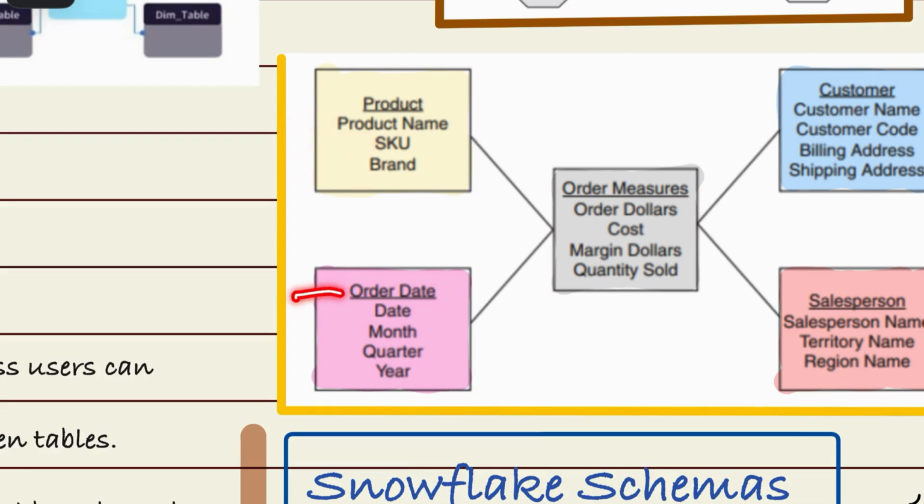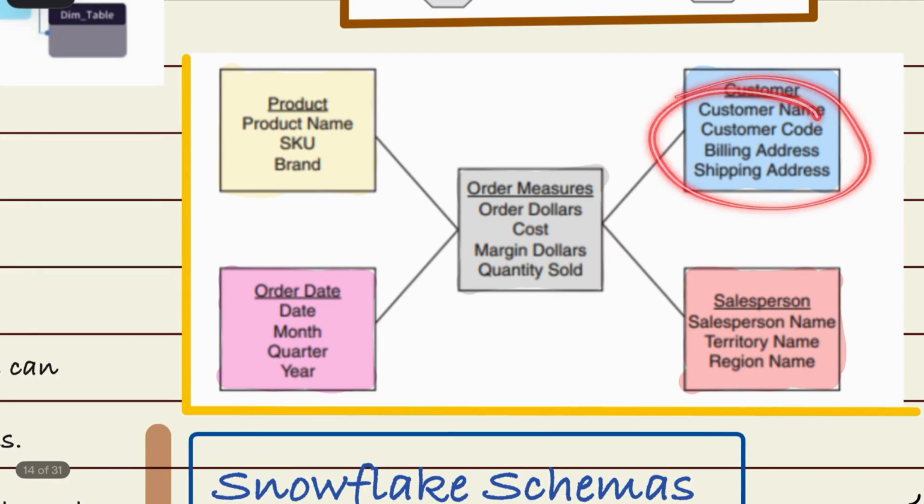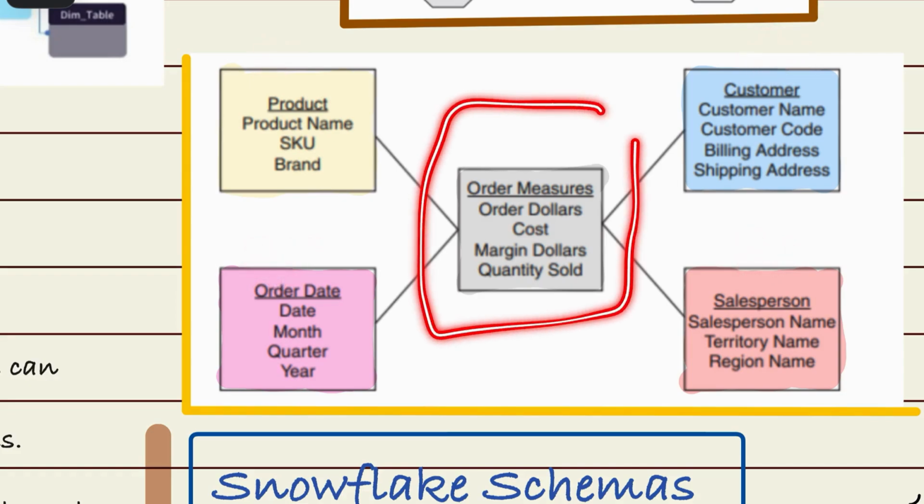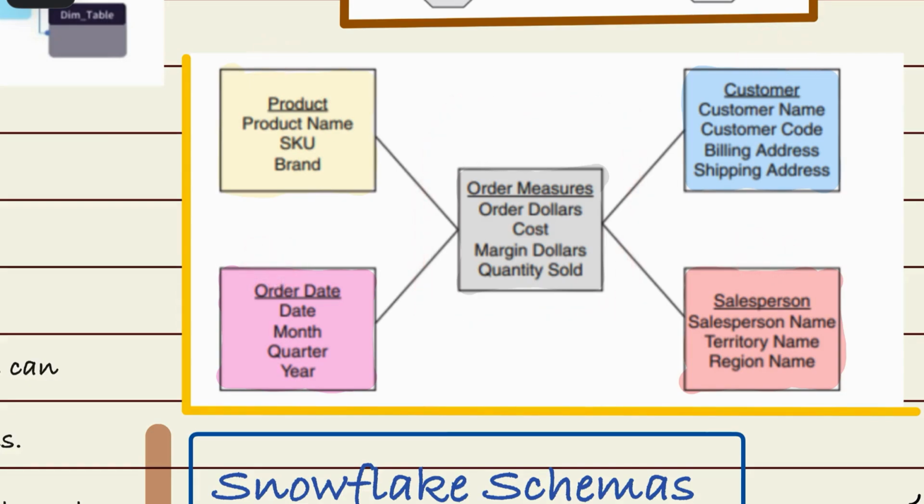Then there is order date, which contains all the calendar values. Then we have customer. Here we have all the details of the customer, and then we have the sales person. So these are the values which are not repeated again and again. But the order table is a table which is continuously increasing every day. So for example, you have 5,000 orders in one day, so there are 5,000 rows added in the measure table,